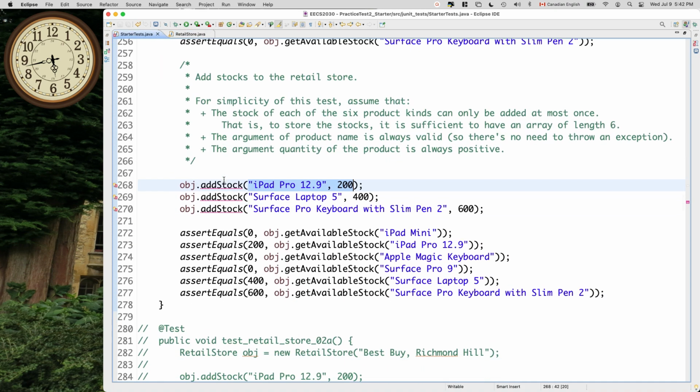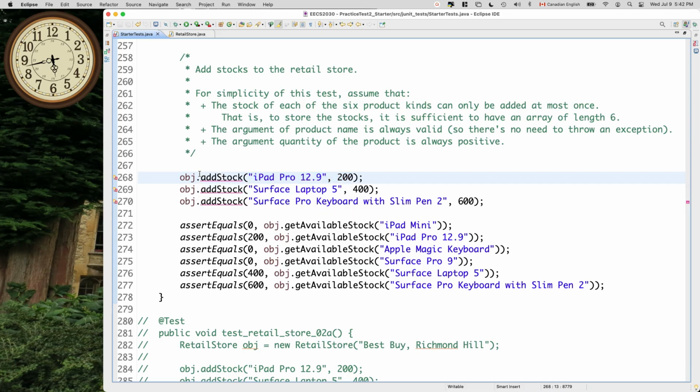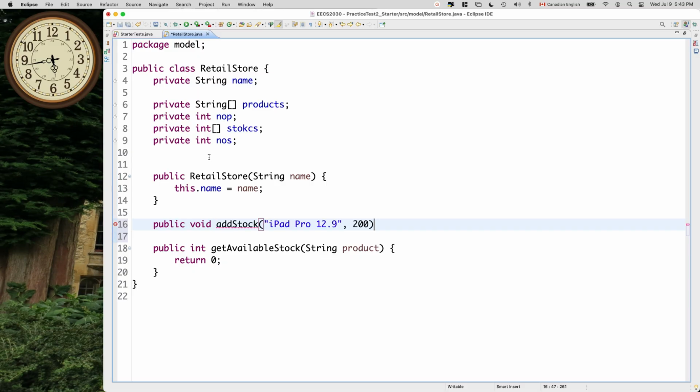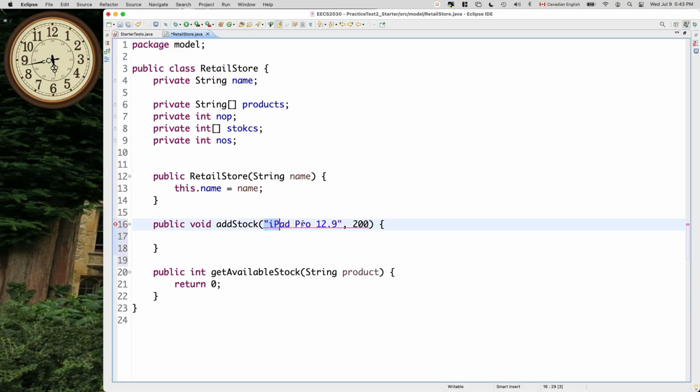And then here we got S stock. So that means I need this mutator method, right? Doesn't return anything. So what I'll do is, let's put it right here. Maybe after the constructor, doesn't matter. Public void S stock. Apparently you will need the string products and also integer the stock. Okay. And then if you look at the test description here,